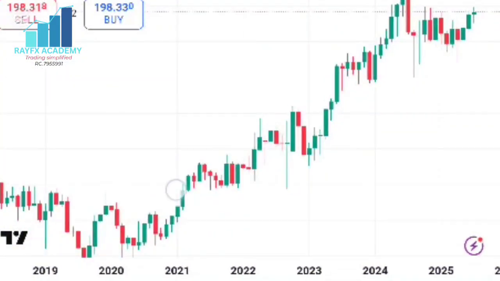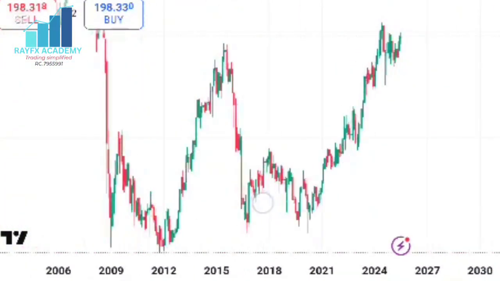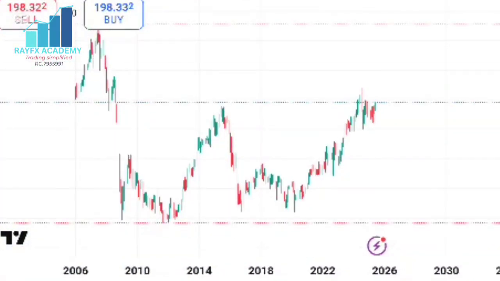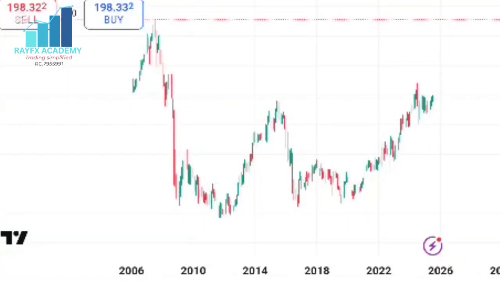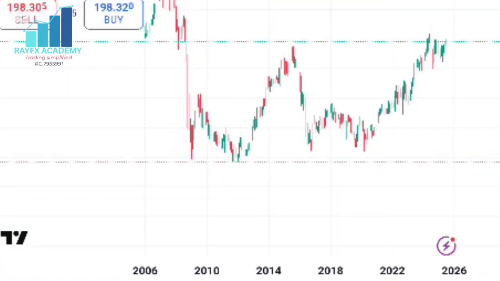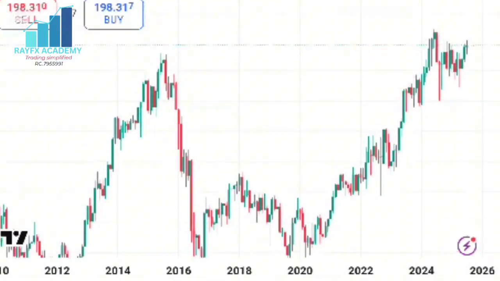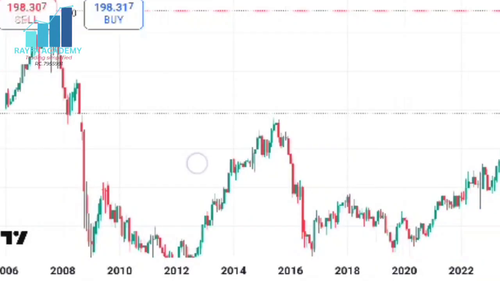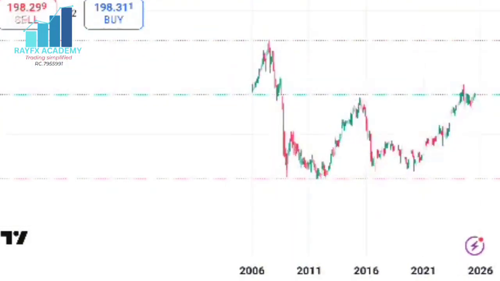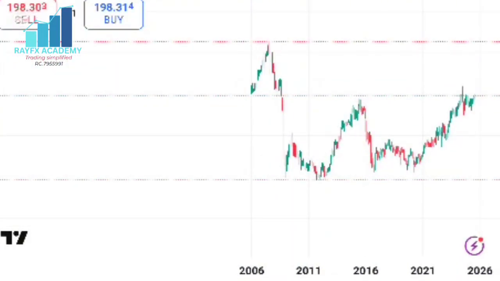All right. So to get what the market is saying, the structure of the market, the directional bias, that's the overall trend of the market. That's what we come to the higher time frame to do, which is the monthly time frame. And on this trade, from the monthly time frame, we have got to see that